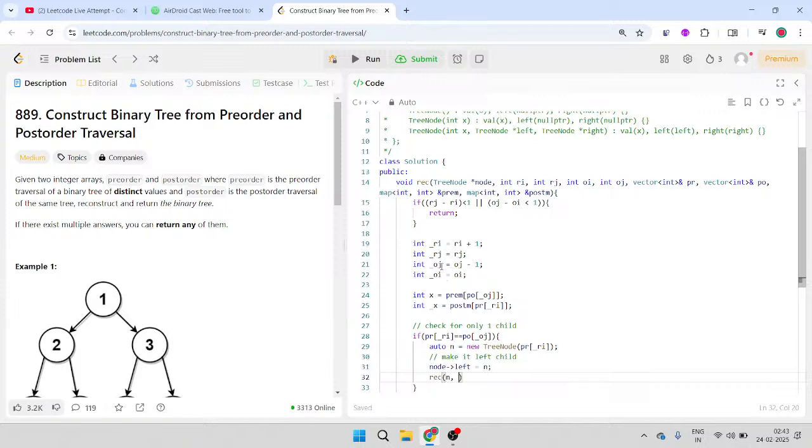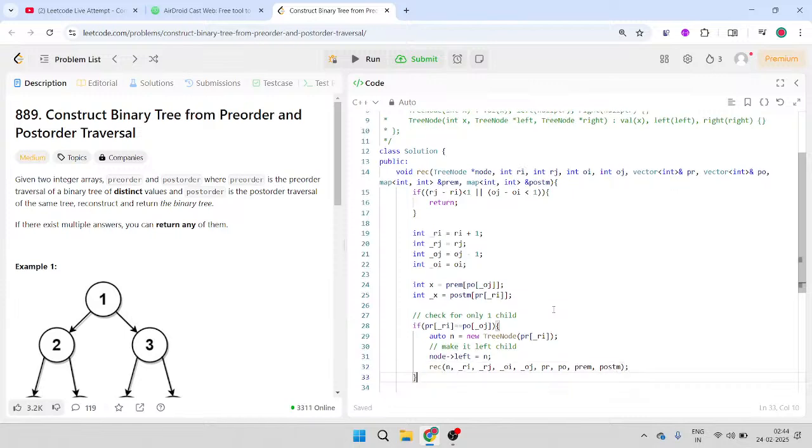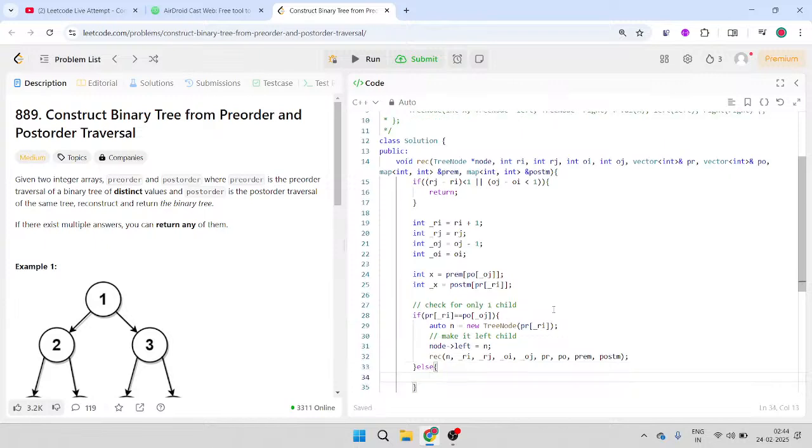So for simplicity, we can use these values only. Since we are not splitting here anything, I can just use _Ri, _Rj, _Oi and _Oj. And then we have pre, then we have post, then we have frame, and then we have post them, right? Else we are sure to have two children,